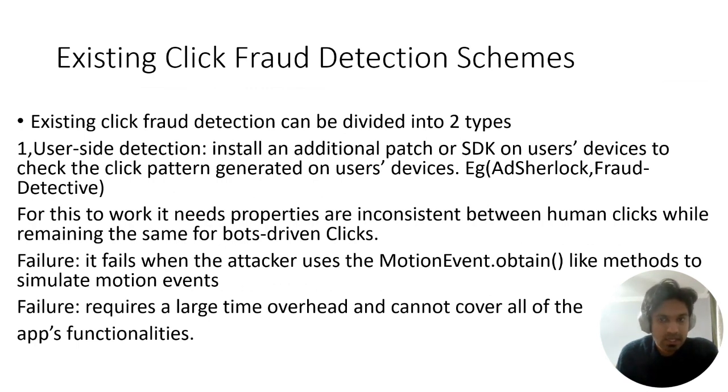So now we see what the existing click fraud detection schemes are, which can be mostly divided into two types. One is the user side detection, where a certain application or a patch is installed on the user's device to check the click patterns generated by the users. Some of the examples are AdSherlock or fraud detector. But for this to work, human clicks and bot-driven clicks have to be almost